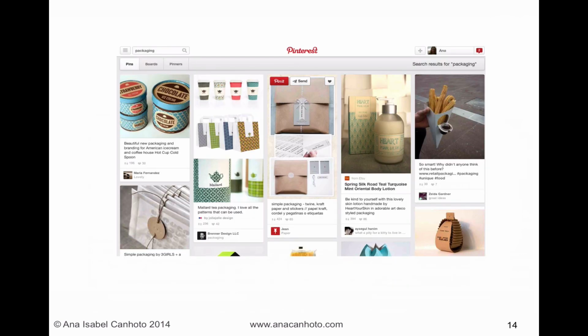And last but not least, you may want to consider using Pinterest and other visual platforms to help you in your job search. For instance, if you are interested in product packaging, you can create a board about that. This way you show the employers that you're really passionate about this topic, and you also get ideas to help you when you actually land that job.